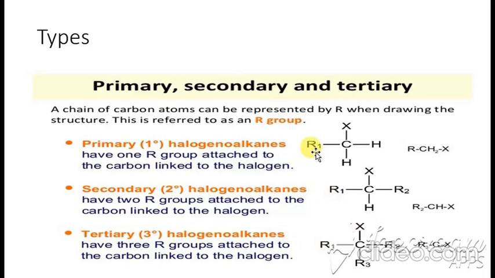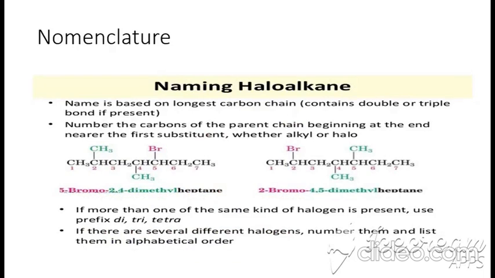So I think you understand RX. Before discussion on the alkyl halide, I am going to discuss the naming of haloalkanes. It is very simple, very easy. First of all, as you have done the nomenclature of alkane, alkene, alkyne, you have to select the longest carbon chain. But the point to be focused on is that here you give the lowest possible number to your functional group. Okay, for example, look at this chain.